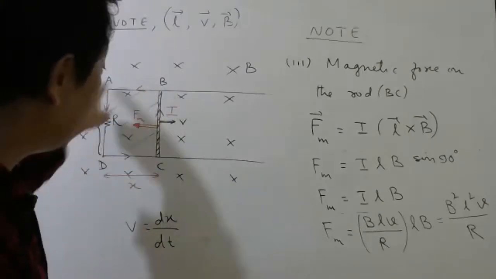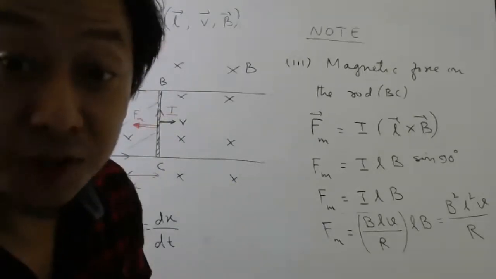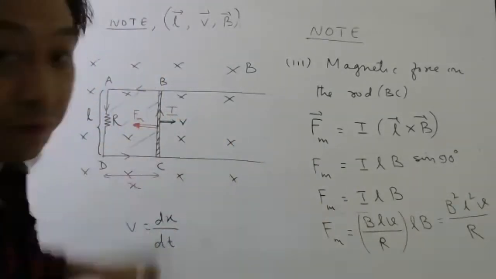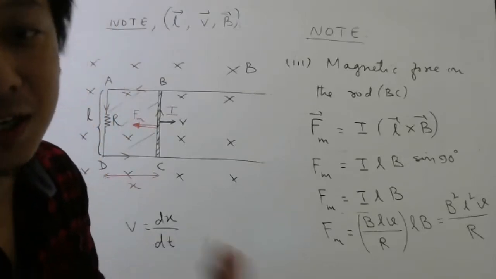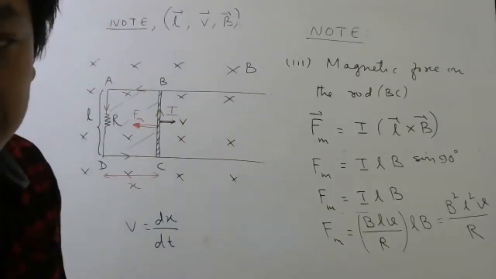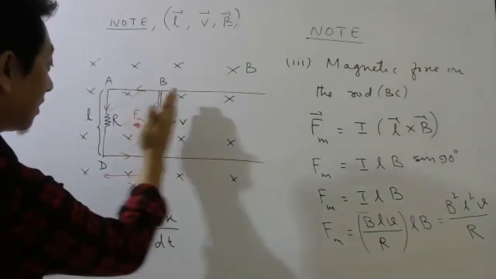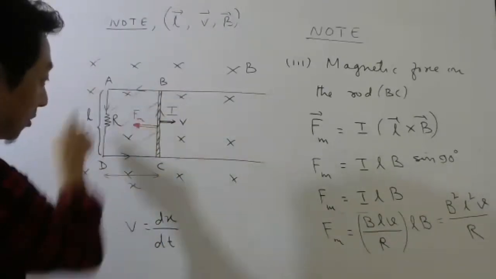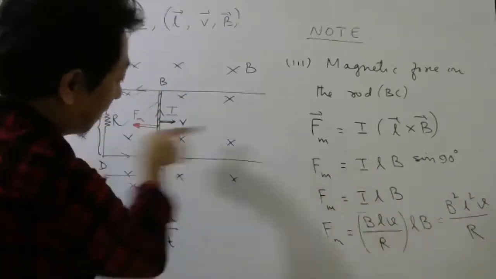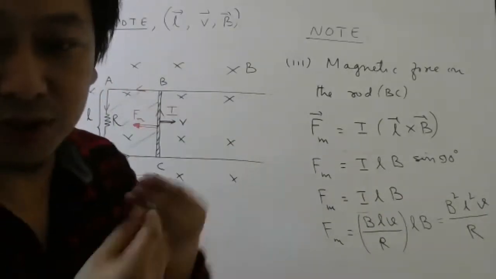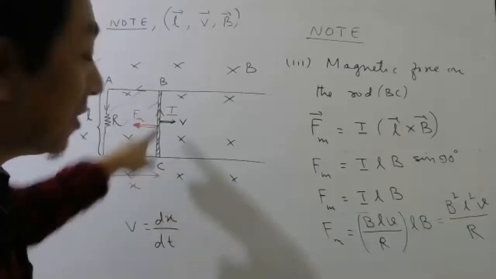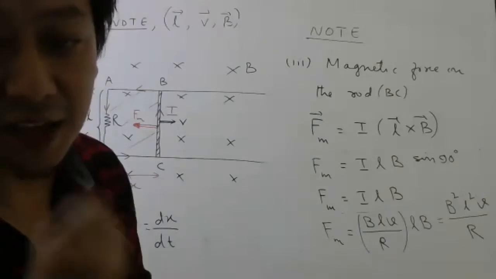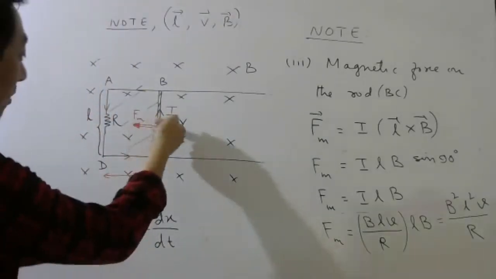Why? Because the current will flow in such a way that it will oppose the change. Remember or not? So if the rod is going this side, this magnetic force will try to oppose it. So it has to be this side. Agree everyone? If the rod was moving this way, try to do that part at home. If the rod was moving this way, current will flow in opposite direction. Then the magnetic force will be this side. So without knowing any rule, you know already the current flow will be such that the magnetic force on the rod has to oppose the change according to Lenz's law. So it has to be left side.